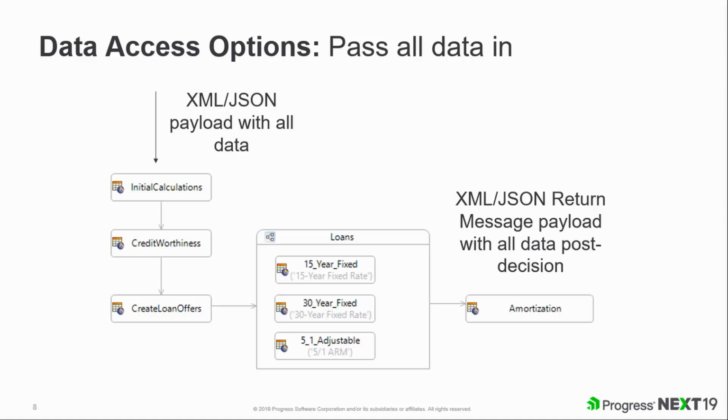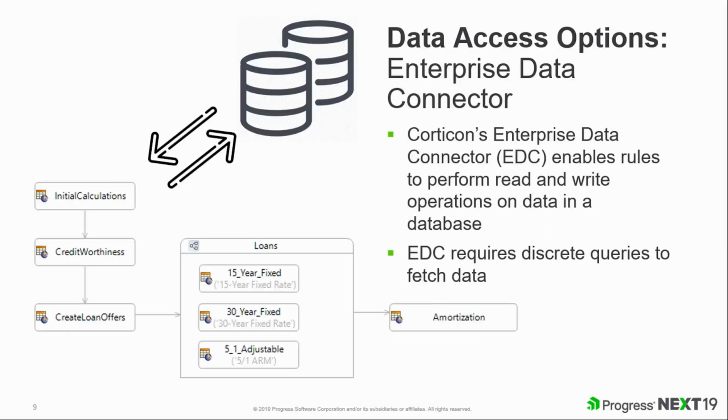So Corticon isn't accessing additional data as part of that execution. Now, Enterprise Data Connector is kind of the next level as far as integrating data into Corticon. And what that'll do is it'll access data as it needs it from a database through queries using Hibernate in the background. That's very useful for the types of read and write operations that are okay for transactions, where the scale of the amount of data is going to be somewhat limited,